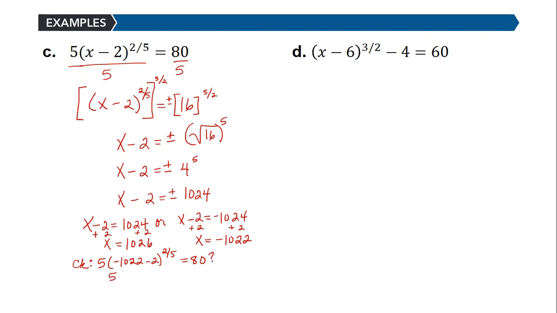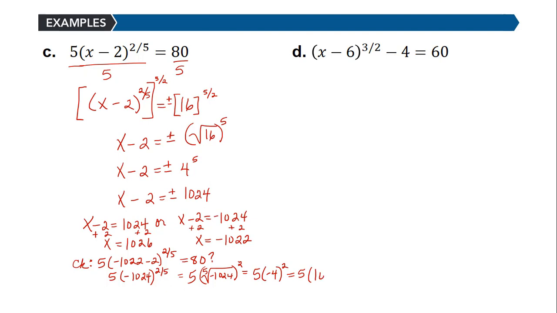Well, this becomes 5 times -1024 to the 2/5. But this means to find the 5th root of -1024 and then raise it to the 2. The 5th root of a negative number is negative, so this is -4, but then we can square it to